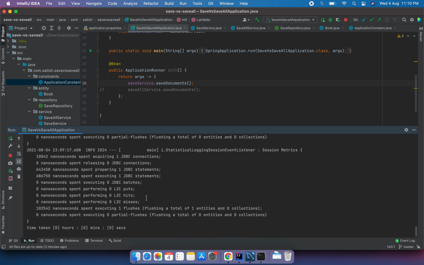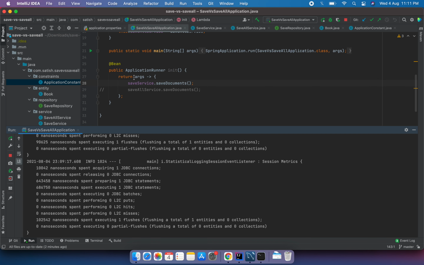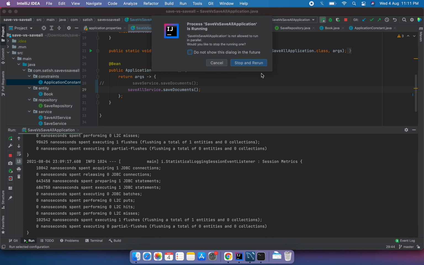And if I repeat the same scenario for saveAll and check how many JDBC connections are created, I'll comment this out and comment out this, and let's rerun this application.